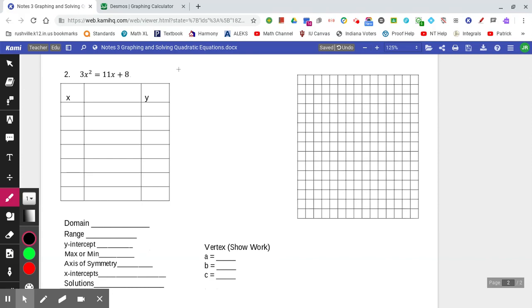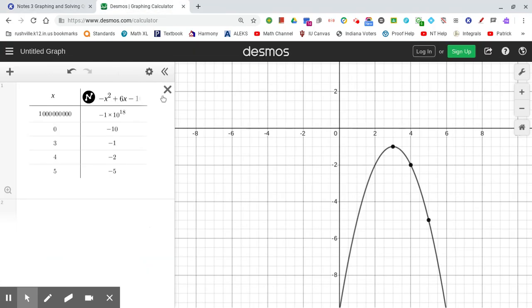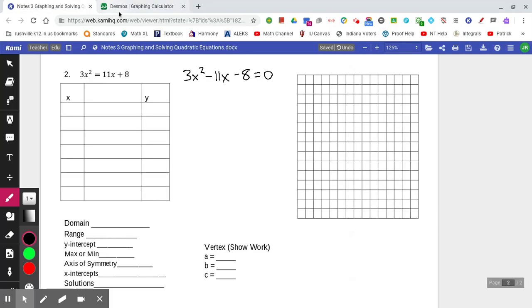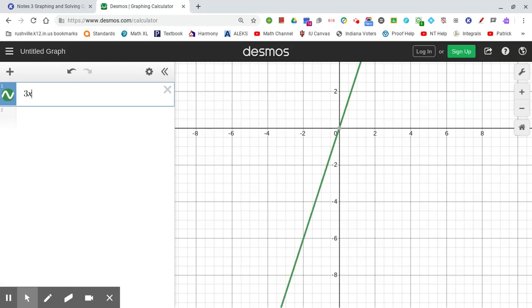So first thing, again, what you need to do is get all of the terms on one side. And so in this case, my last one was negative, I'll make this one positive. So I'm going to keep the 3x squared where it is. I'm going to move the 11x over, so I'll have minus 11x, and then I'll move the 8 over. It does not matter which one you do at all. So I'm going to click out of this, and I'm going to type in what my new equation is, which is 3x squared minus 11x,